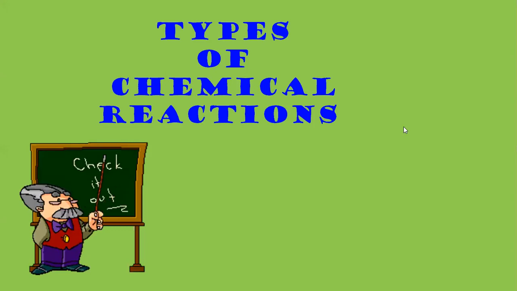If you remember, in the previous class, we had already started with balancing chemical equations. And I am hoping that you all might have practiced balancing equations. Okay. So let us quickly move ahead with the topic today. In this chapter, we have studied how to write a chemical equation. We also studied how we are supposed to balance the chemical equation. So today we are finally going to start with types of chemical reactions.